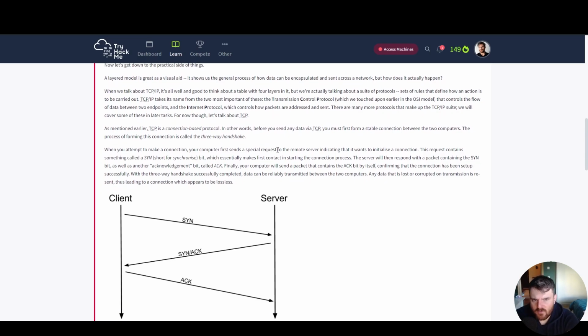In other words, before you send any data via TCP, you must first form a stable connection between the two computers. The process of forming this connection is called a 3-way handshake. When you attempt to make a connection, your computer will send a special request to the remote server indicating that it wants to initialize a connection. This request contains something called a SYN, short for synchronize, a SYN bit, which essentially makes first contact in starting